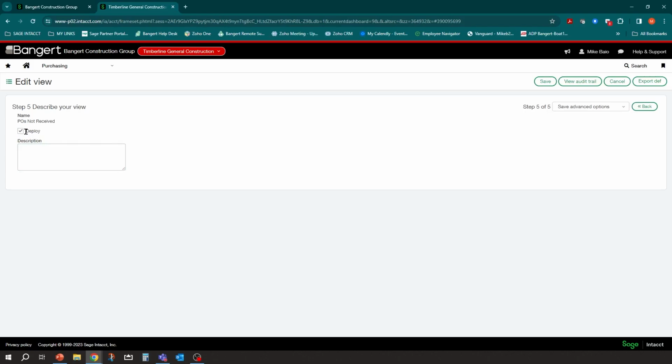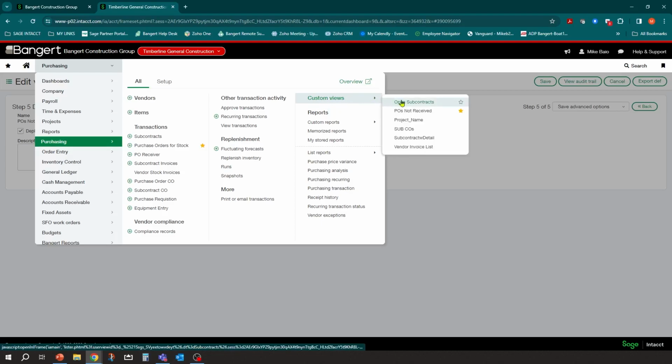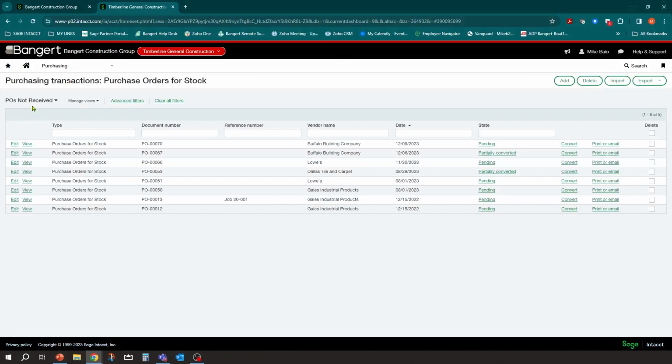And when you deploy it, what happens is now it becomes available for dashboards, that view. And if you go into that module, for example, under purchasing, if you go take a look at the all section, you'll see a custom views section right here. And there's all the views that I've created all throughout purchasing. So if I'm that receiver, I can favorite that view, POs not received. I can certainly click on it right from here. But if I go up to my favorites, it's right where I want it to be, right here, POs not received. So when I'm doing my receiving, I can just click right here. It takes me right to that screen, and now I can see the POs that I need to get to.